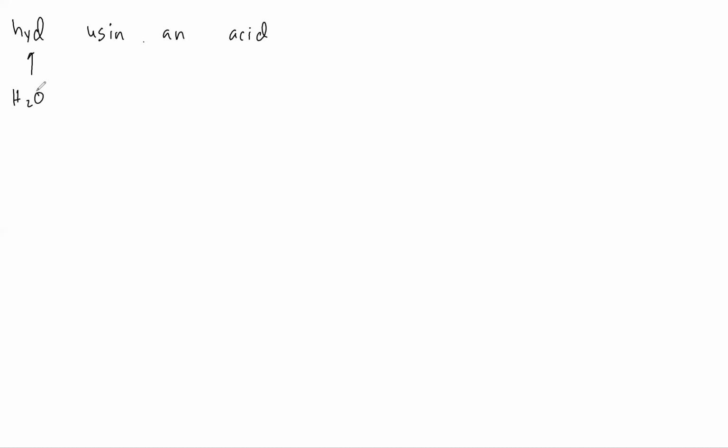We may add hydrogens and oxygens to different carbons, but overall, we are going to be adding an H2O to our alkene. Using an acid means we're using an H plus ion. And this acid could be H2SO4, HNO3, H3O plus, anything really. The one that you're going to see the most, however, and the one that I use the most, is going to be H2SO4. And you're going to see me draw it in sort of a peculiar way. I'm going to draw it like this,